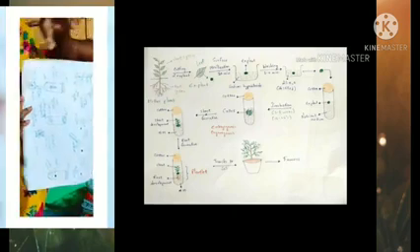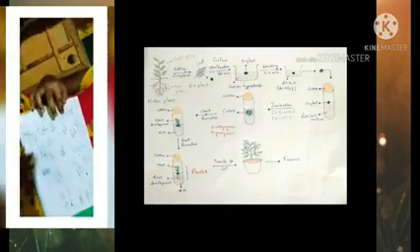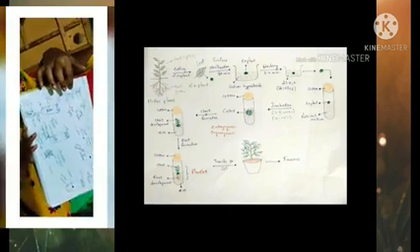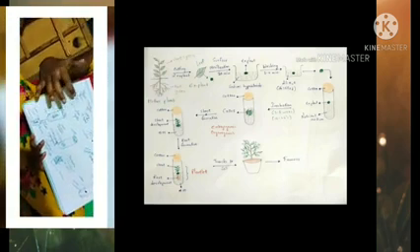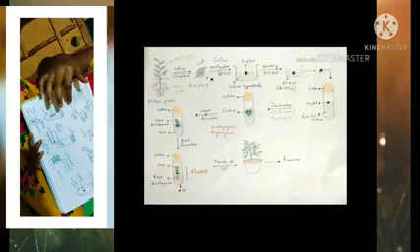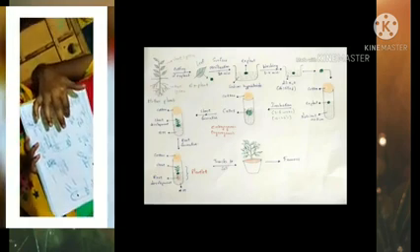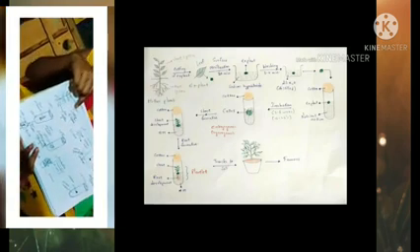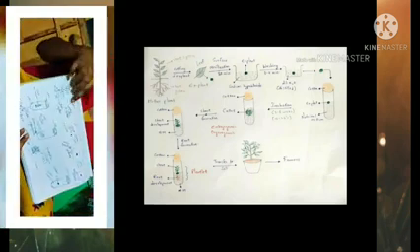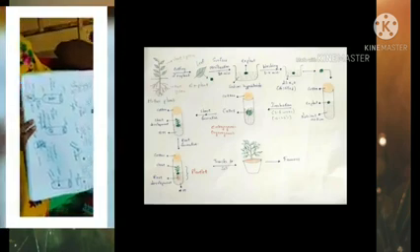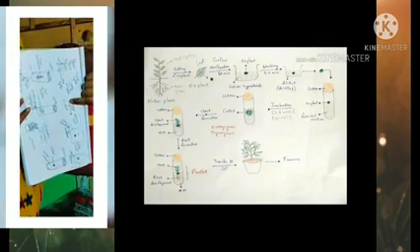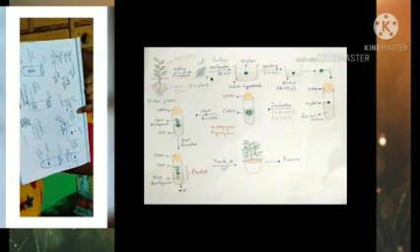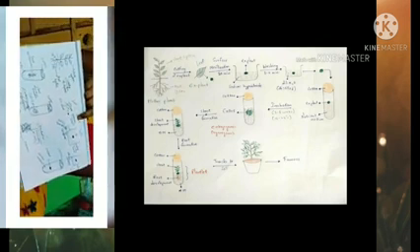Totally, once I will summarize this topic. First, we need to select the mother plant. This is the root and this is the shoot system. The root system will be completely under the soil and the shoot system will be present above the soil. By taking the cutting of the eggplant, here I have chosen the leaf. This is the leaf.